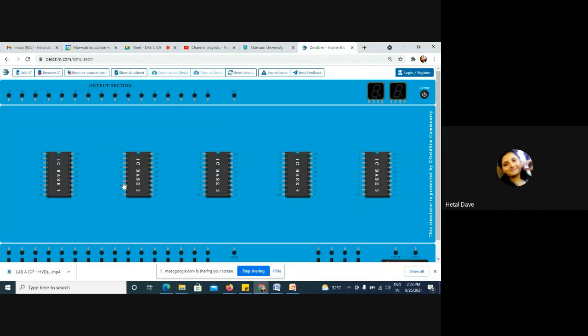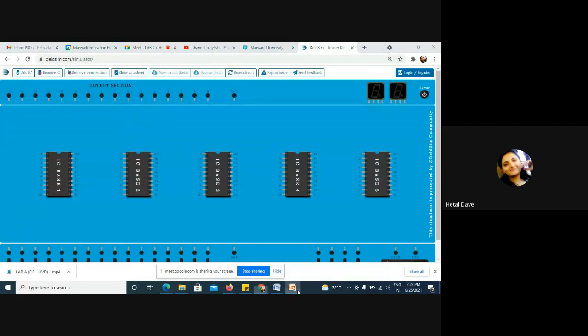Now, since this is lab 3, we are using this Delsim, so everyone should know what you need to do. Add the IC, then make the connections and check the output. Connect VCC and the power supply, and ground. Everything should be connected as per your circuit. Which circuit, I am going to tell you. Now, what will be the output? The output will be equal to the truth table which you made in your book.